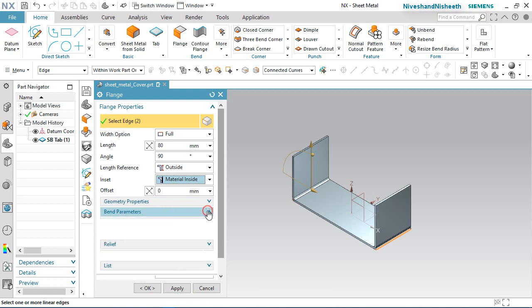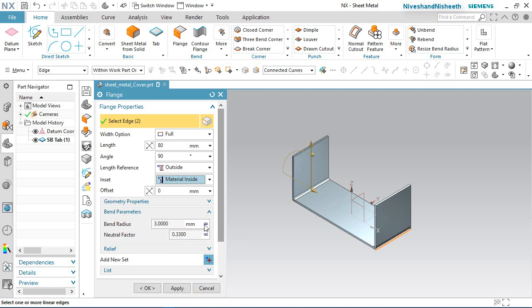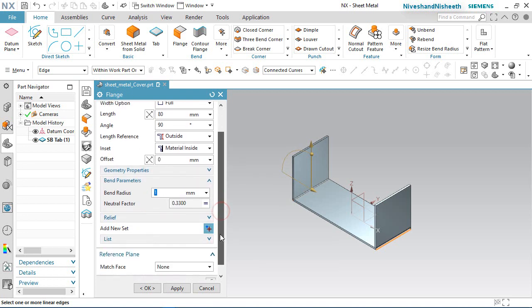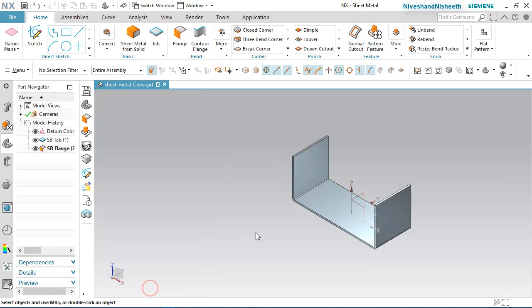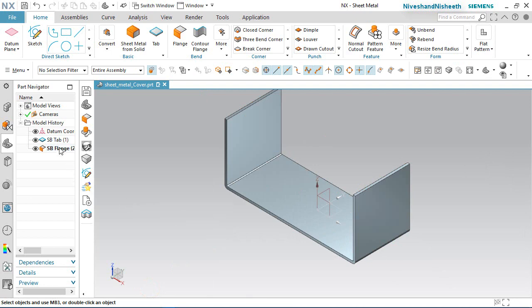In the bend parameter section, bend radius will keep 1 mm. OK. Now see, my flange feature is created.